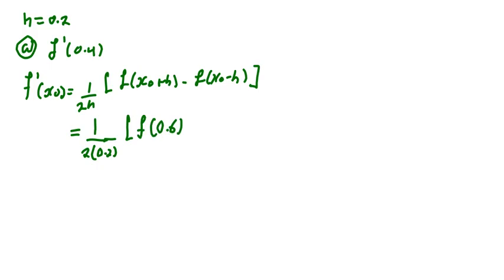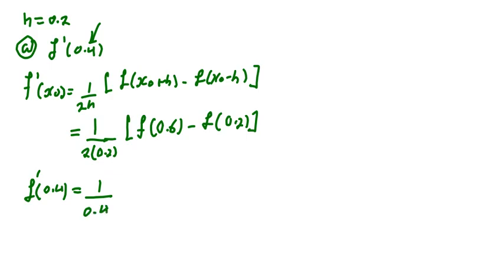Why am I getting the 0.6? It is 0.4 plus h, our h is 0.2, we get 0.6, minus f of 0.4, which is what we are trying to approximate, minus your h, you're just still going to get 0.2, like this. Okay, so what do we have here? This is of course f prime of 0.4. So this is 1 divided by